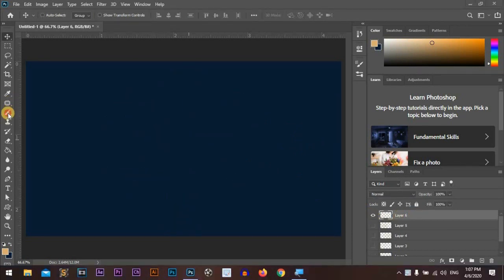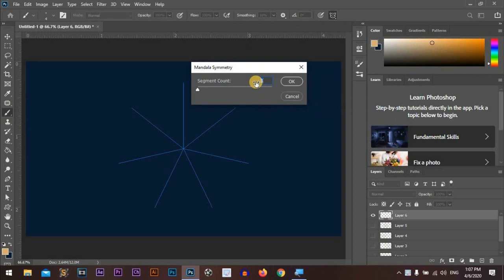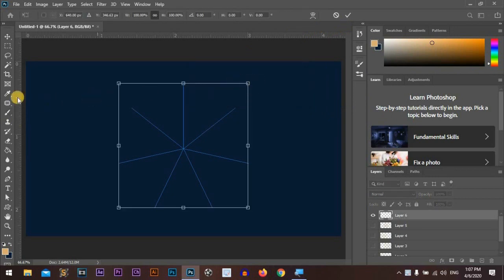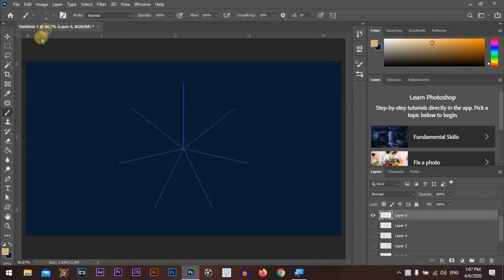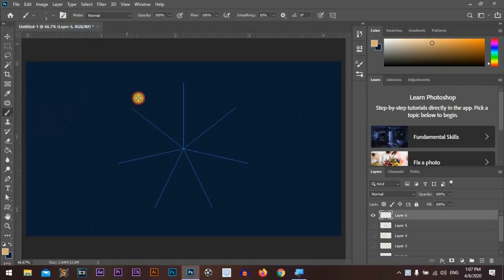Now we will go to the brush and choose mandala. For now it will be 7. Okay, great. But first of all, we will reduce the cursor and make it 3.